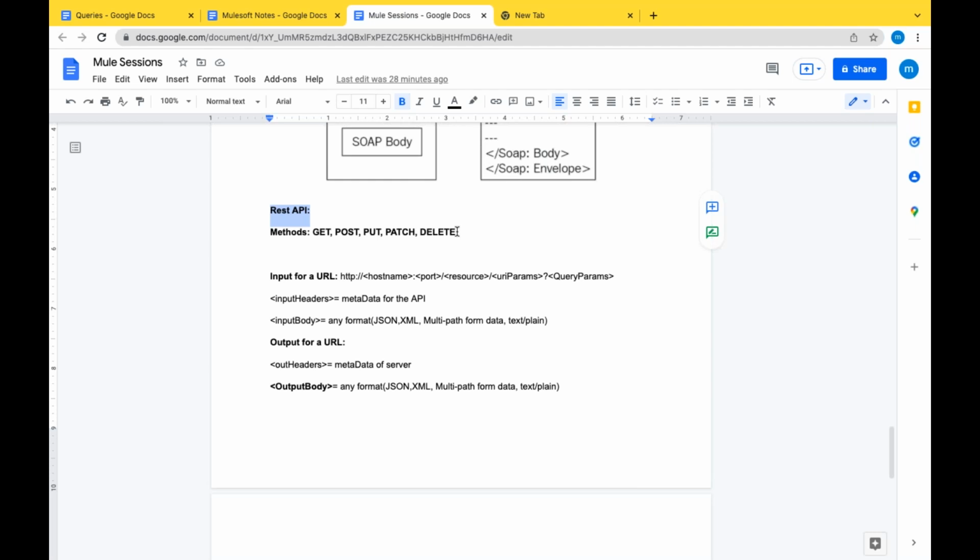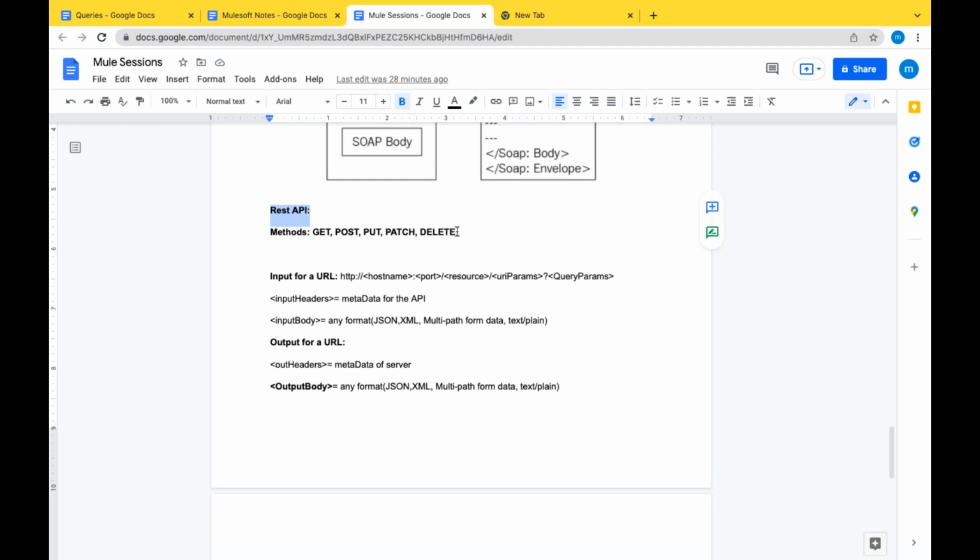We will be developing more than 15 to 20 APIs, so that you will get hands-on on what a REST API is, and how to design, build, and deploy REST APIs using Mulesoft. Not only REST APIs, the source can be, as we discussed, queuing mechanisms or scheduler based. We will discuss that as well.